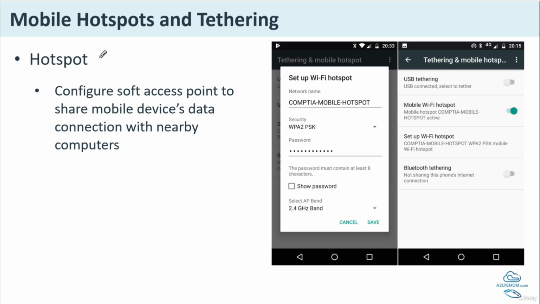That particular phone has to enter the password which I have set in my phone, and then they can use internet from my device, where you can just configure the soft access point to share mobile device data. You just have to configure the access point. You can see in this picture,